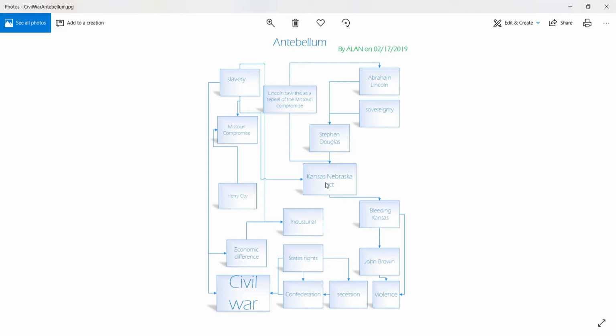And another thing is slavery was also part of the Southern way of life, and this made a big economic difference because Northerners were used to an industrial way of life. So these economic differences would also lead to the Civil War, and you can see here